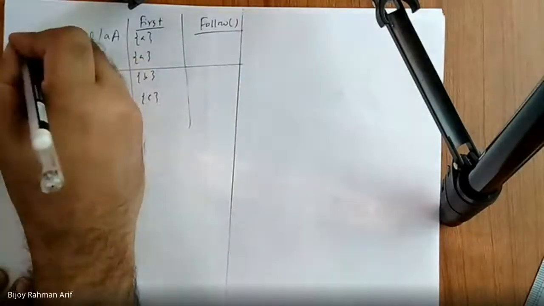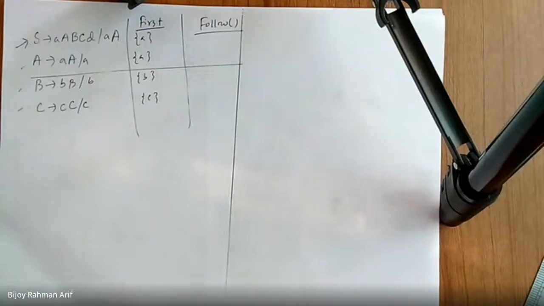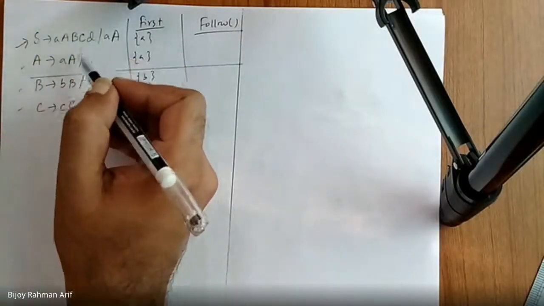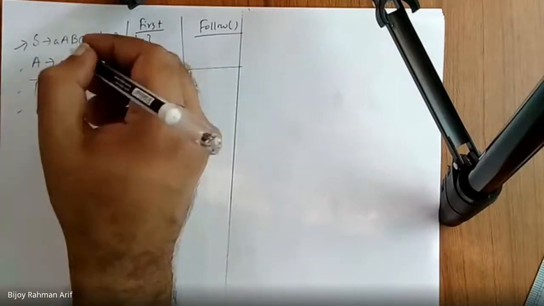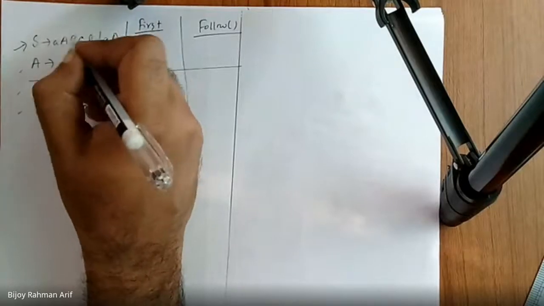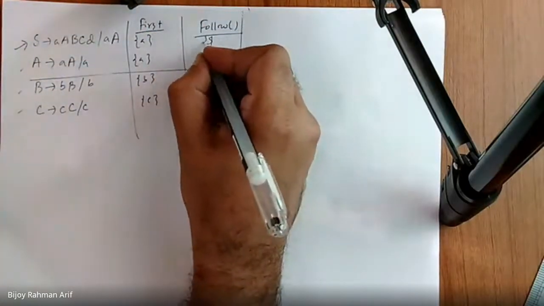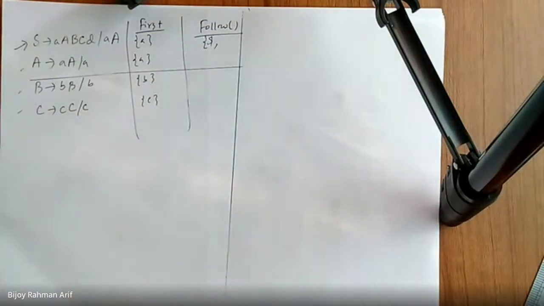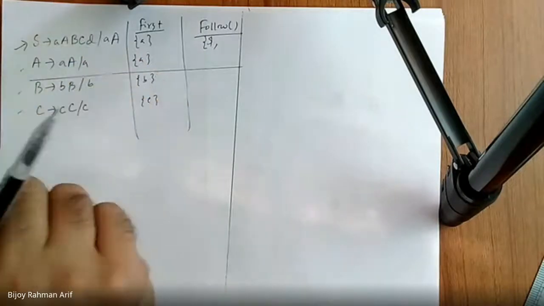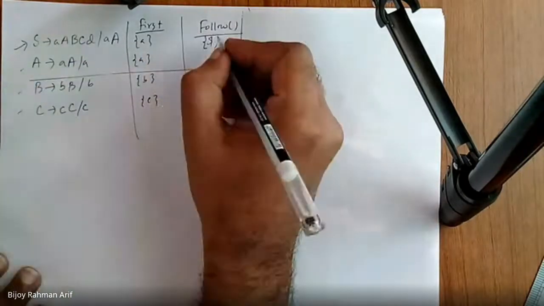Follow, you have to start from the start symbol because we are pretty sure there is a dollar, because it is going to derive something that ultimately generates the string. So definitely after this production, there is a dollar. So follow of S is dollar, but it is not done because all the rules are recursive. So you have to continue. Now let's try. Is there anywhere on the right hand side S appears? No, sir. So we are done.